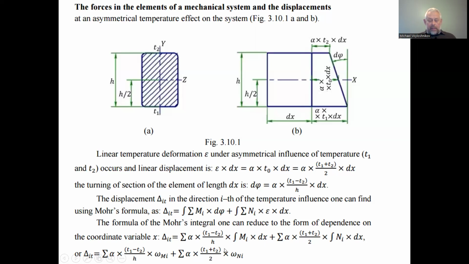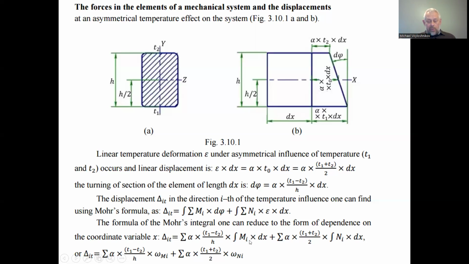So we can derive the product of the coefficient of linear deformation by the difference of the temperatures on two sides of the beam, which causes the bending temperature impact on the beam, divided by h, the height of the beam, and the product by separately considered integral,